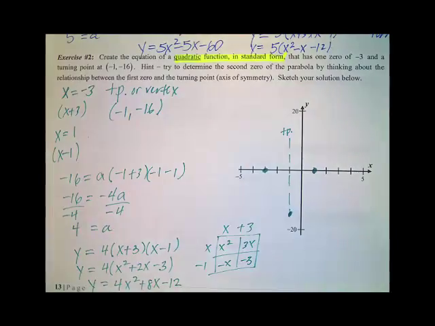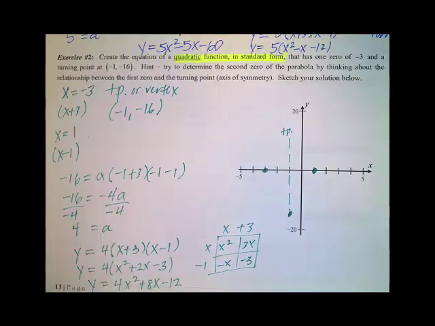All right, let's go through this one. Hopefully you have the same answer. They told us 1 root or 0 is negative 3, so I knew my factor was x plus 3. Turning point or the vertex is negative 1, negative 16. So when I sketched those over to the right, they didn't tell me the other root, but I know it's a quadratic, so it has to have 2 of them. And they didn't tell me that negative 3 had a multiplicity of 2 or anything like that,